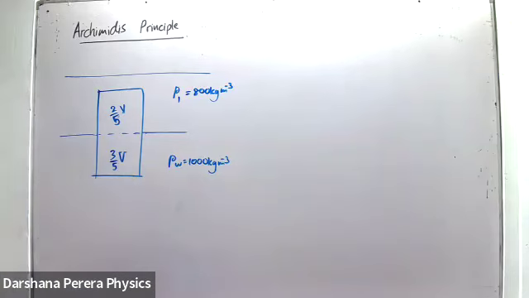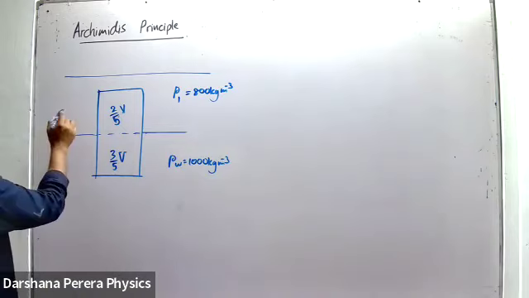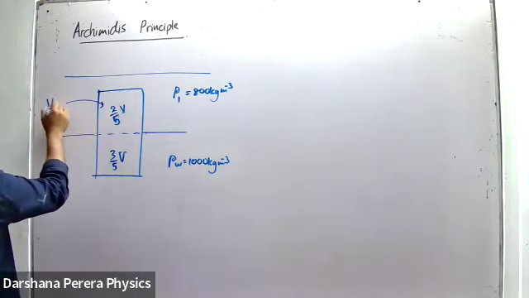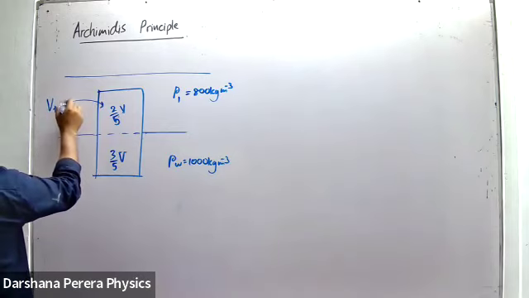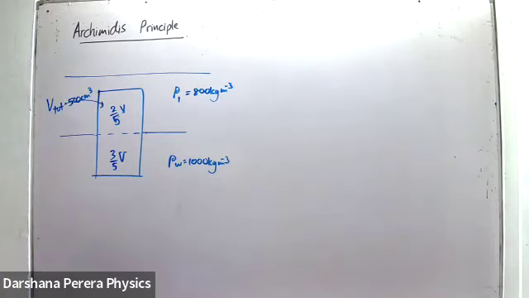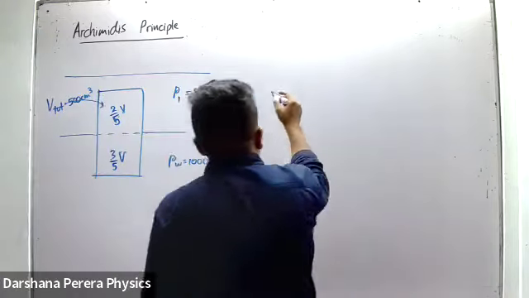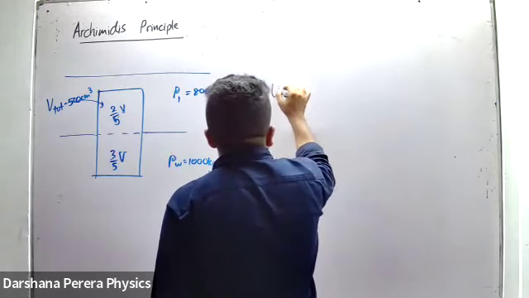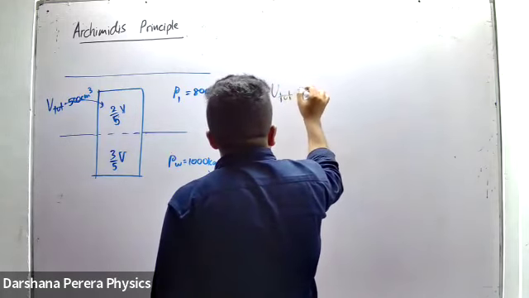Okay, find out the total upthrust. Find out quickly. So we have to take the total. U total means